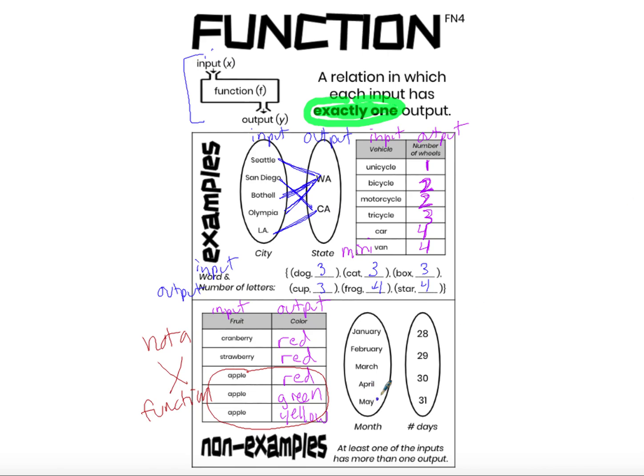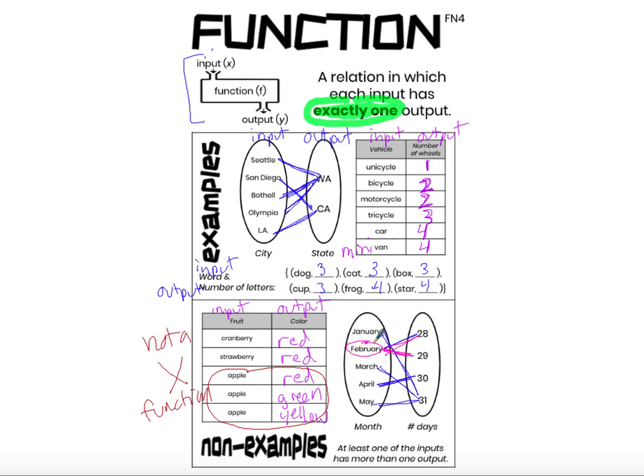Another example over here of not a function. 30 days past September, April, June, and November. All the rest have 31. So January has 31, March has 31, May has 31, February has 28. And if I stopped right here, this would be a function. It's okay that January has 31 days and March does too and May does as well. This is a function. The problem is, well, not the problem, the thing that makes this not a function is